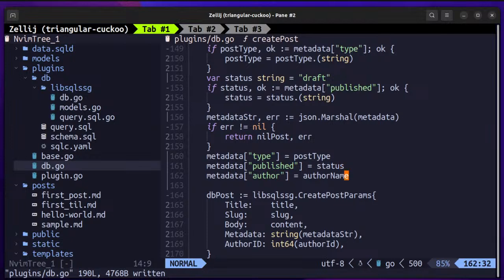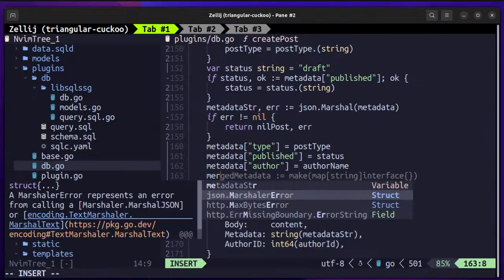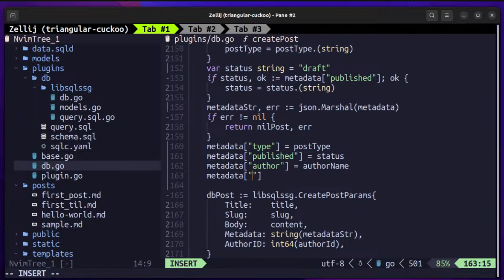That is done. Now we need the final piece, which is metadata of date, which will be,